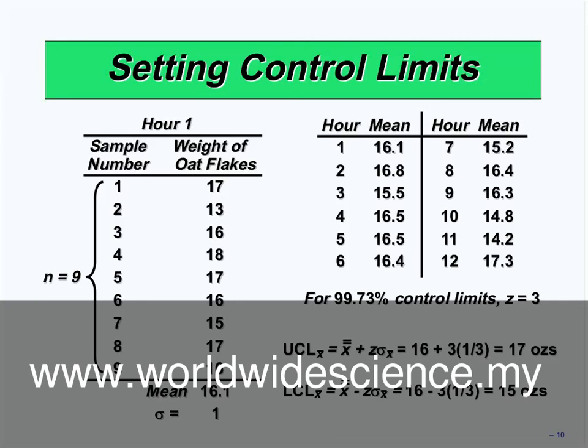The Z and the sigma can be given to the operation manager by engineers. For example, engineers tell, I have designed this part so that Z should be equal to 3. Z equal to 3 means that, yes, exactly. As I told you, this is statistical and should be given by the engineer to the operation manager.